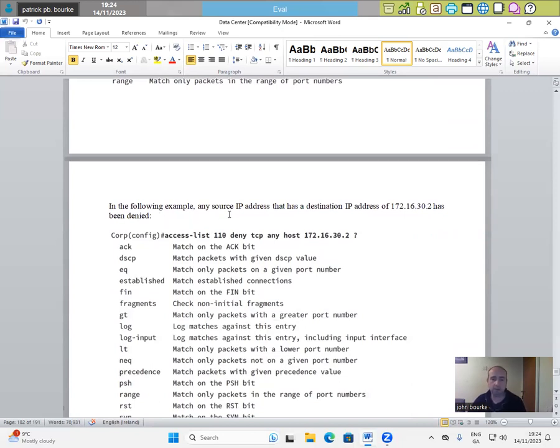In the following example, any source IP address to a destination IP address of 172.16.30.2 has been denied. Corp(config)#access-list 110 deny tcp any host